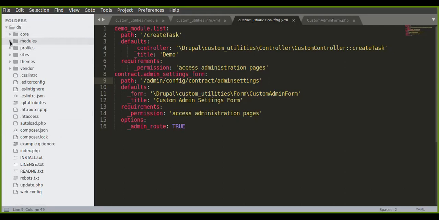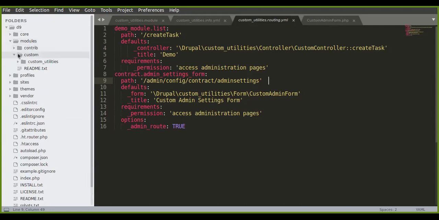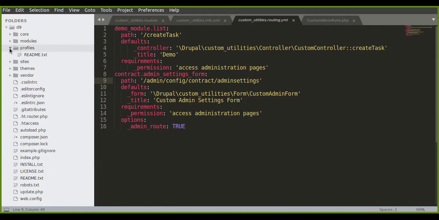Then we have a modules folder. Within modules, we can segregate our custom modules from the contributed modules. For that purpose, I have created two folders: one is contrib for contributed modules and another one is custom for custom modules. Whatever we install, we can place under the contrib folder. In the custom folder, we can put our custom code. Okay, so these are the things that come under the modules folder. Profiles is a bit of an advanced topic. If you are sharing your entire application as a distribution, we can go for a profile.